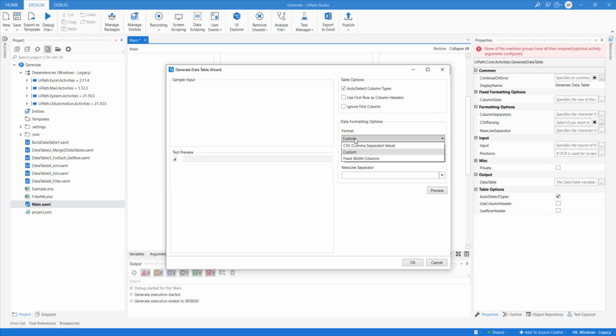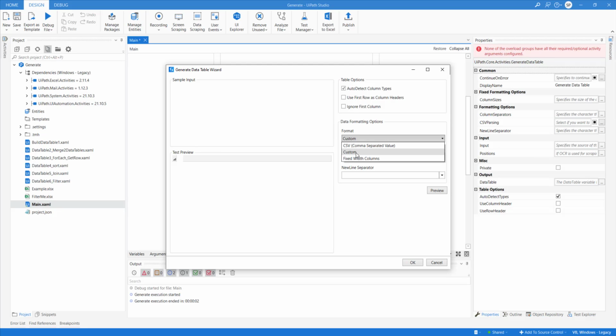If they are not comma separated, you can put custom, or fixed width columns. Some of the files which are generated from mainframe systems specifically have fixed width columns, so in those scenarios we can use fixed width.